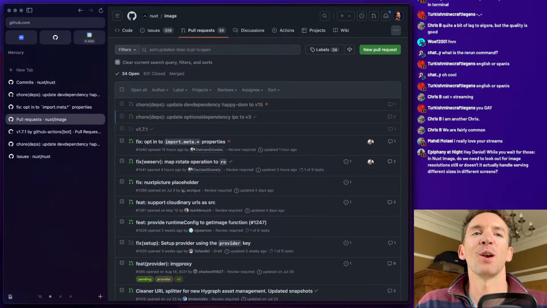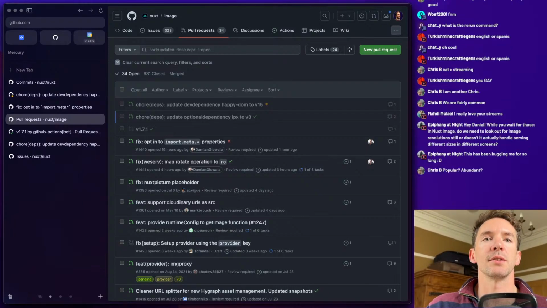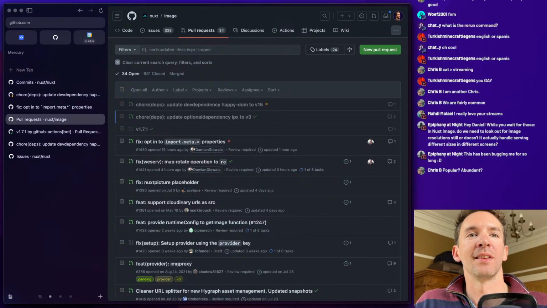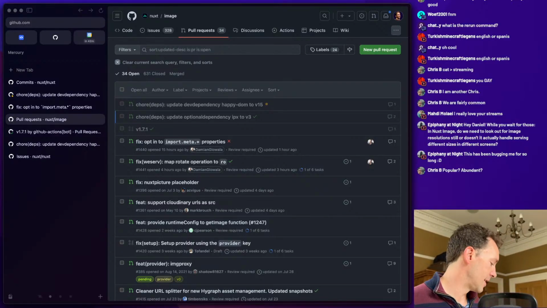Okay, so yes, Nuxt Image handles generating a source set and then letting the browser pick the right image to display on different screens. So you should be totally fine. Mady, thank you, that's very kind. Yeah, popular, abundant, those are good terms. So yeah, you should be fine. You need to pass the